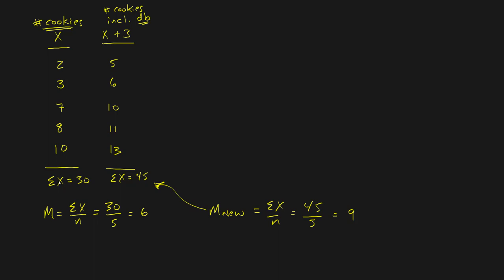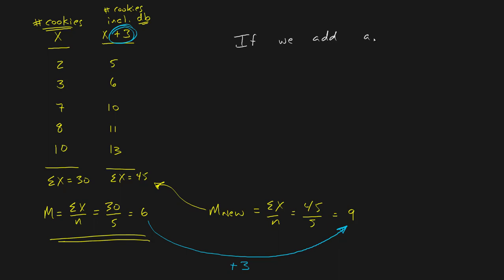But there is a shortcut. If you've already done the work and figured out the mean, and then you know that you're going to be adding a constant to all of your data, the same thing to every single score in your sample, all that you have to do to get from the old mean to the new mean is just add that same constant. So, let's make that a little bit easier to see. We can put it this way. If we add a constant to our scores,